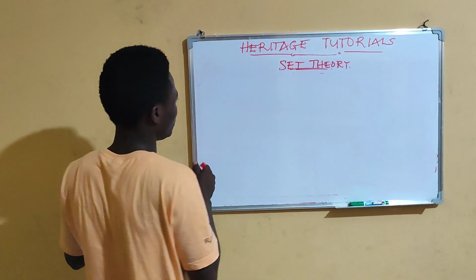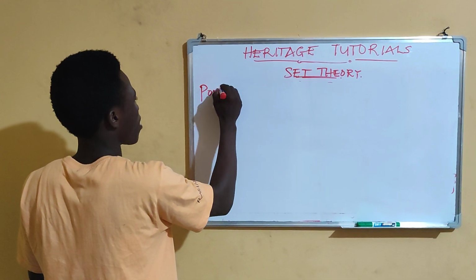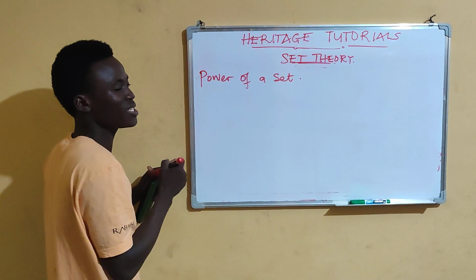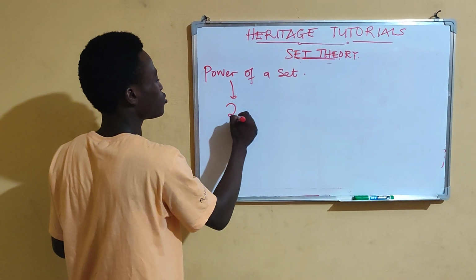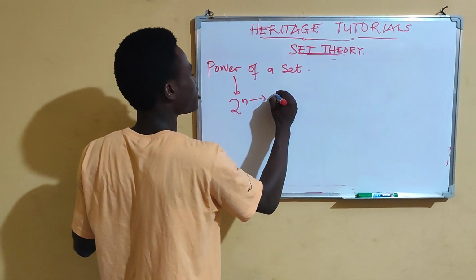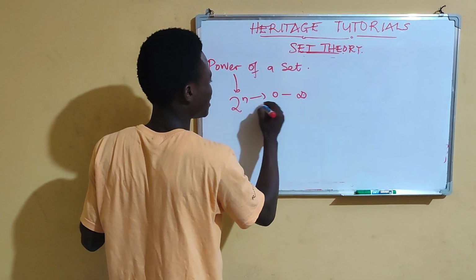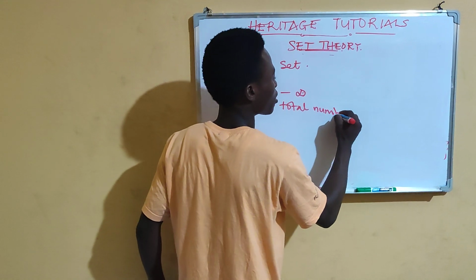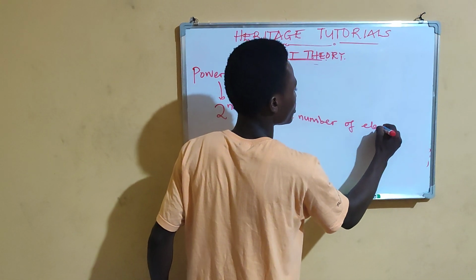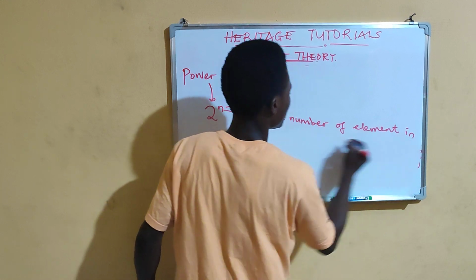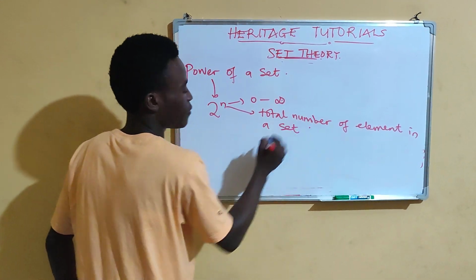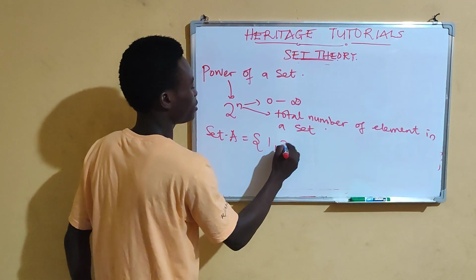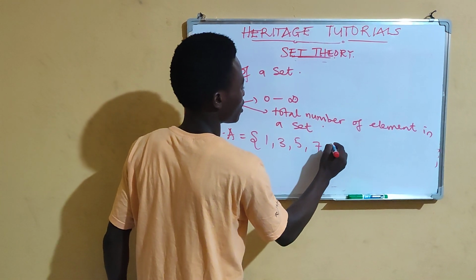Another important thing is what they call the power of a set. The power of a set is denoted with the formula 2 raised to the power n, where n ranges from 0 to infinity, and n also means the total number of elements in a set. For example, if I have set A equal to 1, 3, 5, 7, and 10,